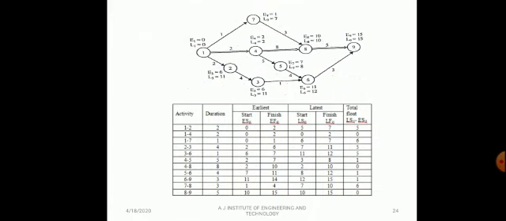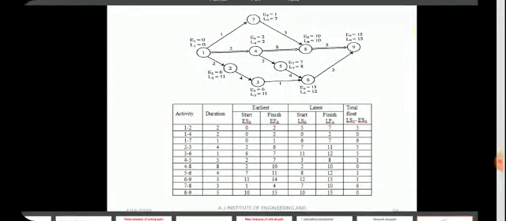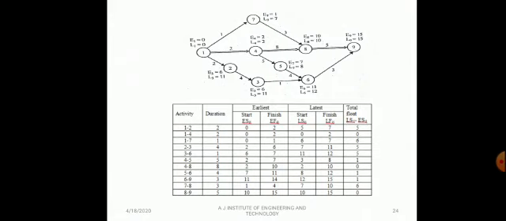Come back. 12 minus 4 is 8. 8 minus 5 at event 4, you can see 8 minus 5 is equal to 3. But here 10 minus 8, 4 to 8 also, one more line is there. You can observe 10 minus 2 is equal to 2. But we have considered latest starting time is equal to 2.